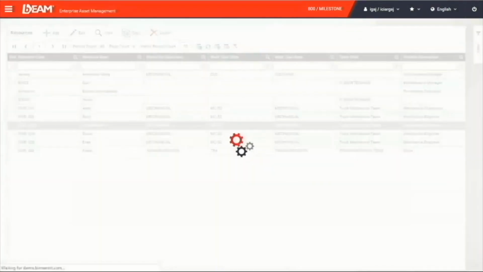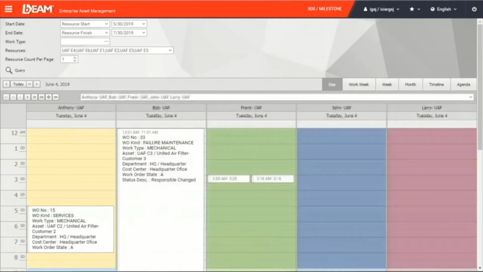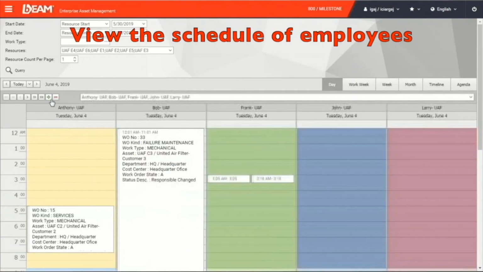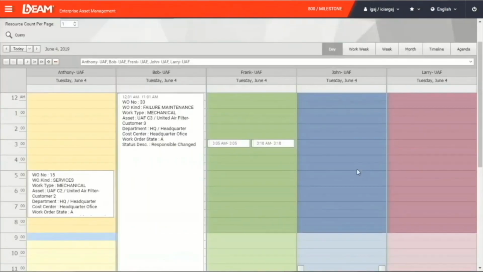There is a function named Employee Occupation Calendar under the Personnel module too. You can compare the schedules of different employees and have a better idea of their schedules and avoid any conflicts while you are